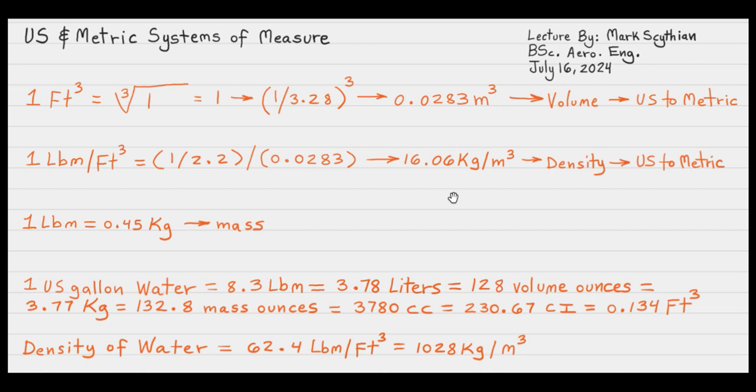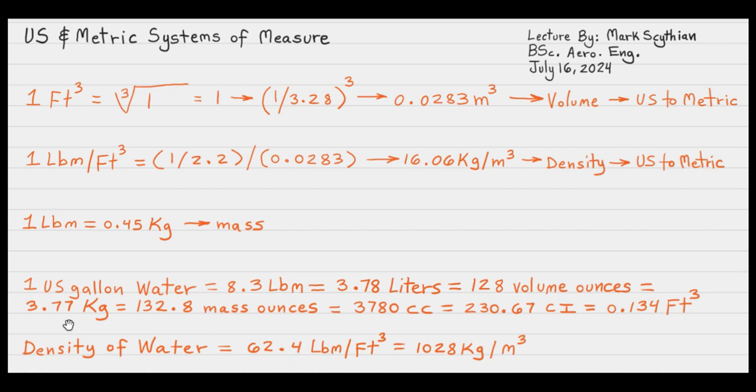So if we focus just on a gallon of water, a U.S. liquid gallon volume, in this case water, that would be 8.3 pounds in the pounds mass. So we'll just call it the weight, even though that is really like pounds force weight. So it's 8.3 pounds for 1 U.S. gallon of water, and that's equivalent to 3.78 liters, or 128 volume ounces, which is also equal to 3.77 kilograms,